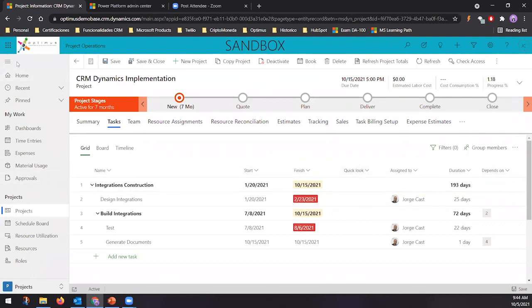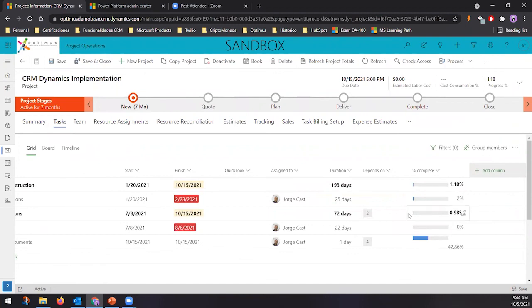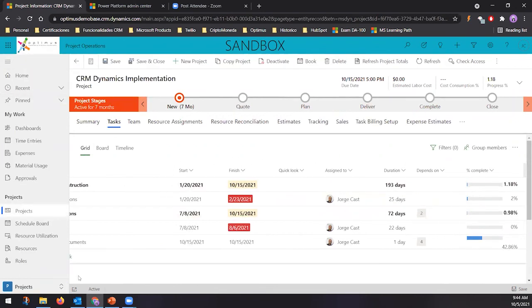I don't know why it's not appearing. Yeah, at the column. So I could see here incomplete, and I will see the completion of the activity based on the time that I include at the beginning. Okay. So based on that time, I'm going to be able to,